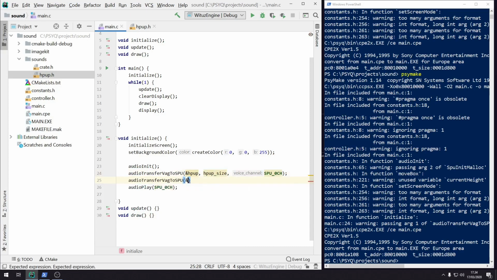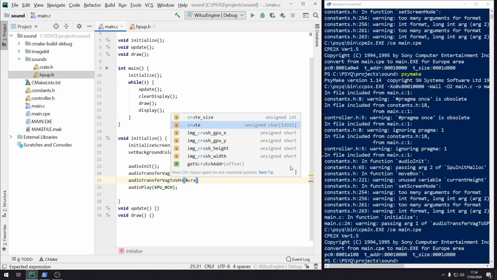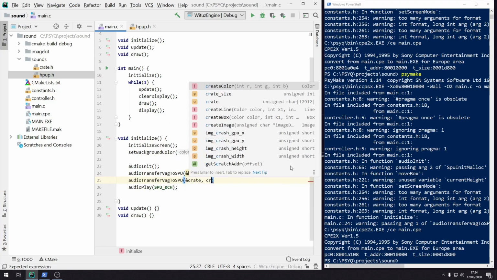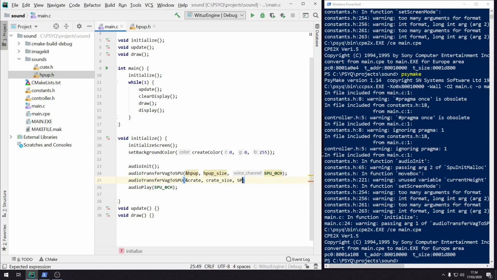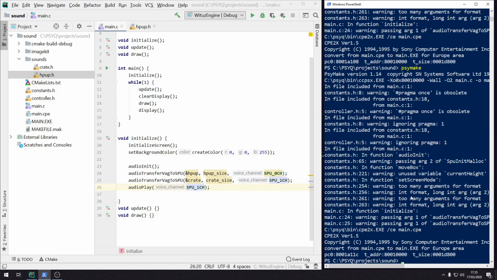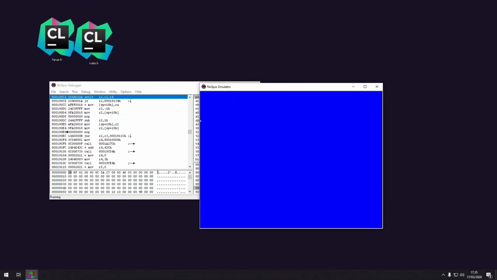Because we have 2 sound effects, so let's just try to do the second one, the crate, and put that into channel 1. And let's just start by playing the crate so we can see that the crate actually works as well. Now I'm just playing channel 1 now. So this should just be the crate sound.